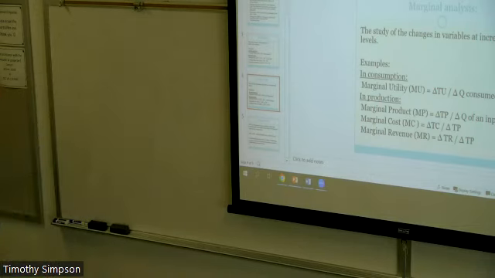So the time it takes to adjust all inputs, okay? And it's usually a fixed input that's what's going on here. The time it takes to adjust or alter or make variable, whatever you want to say, the time it takes to adjust all inputs, because in the long run, all costs are variable. All costs are variable in the long run, okay? So that's the thing I think we want to know about that: in the long run, all costs are variable.